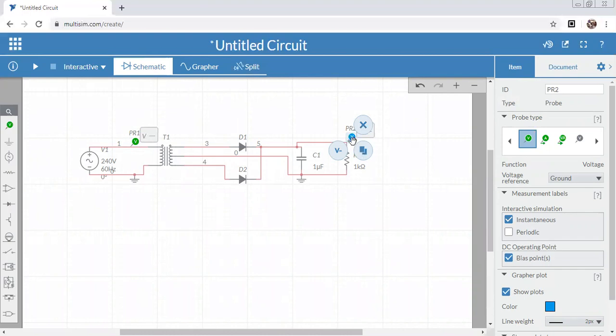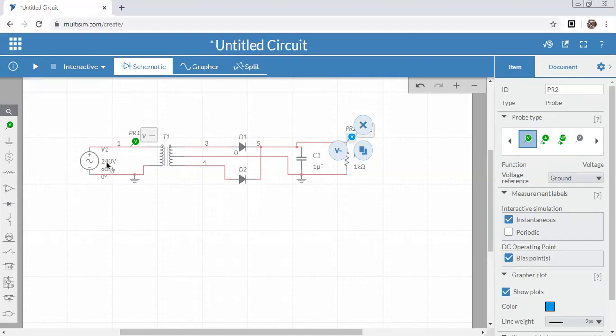The output waveform will be in blue color, and the input voltage supply waveform will be in green color. So it is possible for you to see your input voltage as well as the output voltage by using this Multisim online simulator. This is the graph I already told you about. This is the run button. Your circuit is ready. So once again, this is your given power supply.